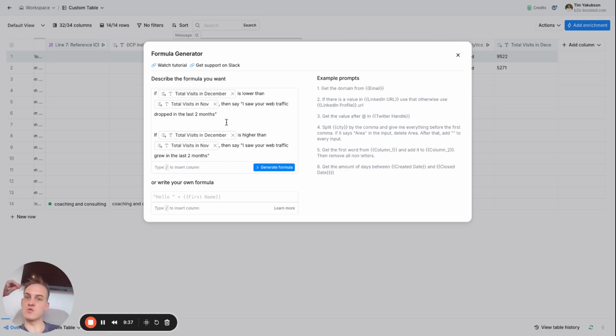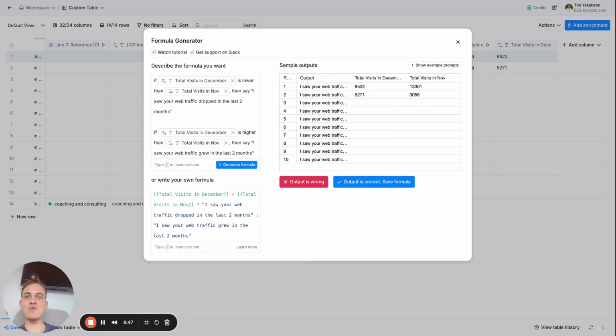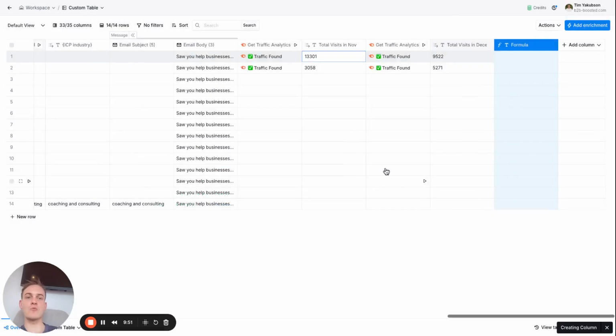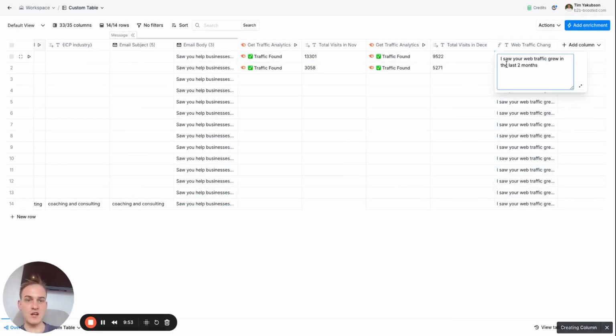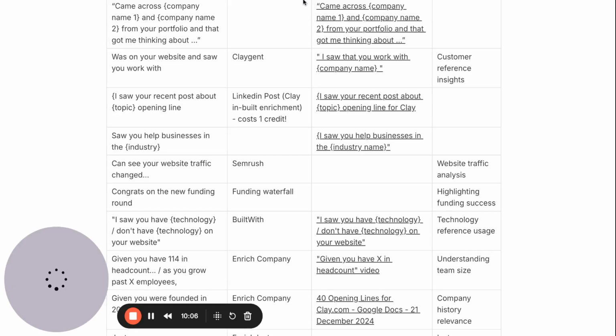But then you can say, hey, I saw your web traffic grew, and that means that right now you probably need to prioritize speeding up the speed at which your page loads, so that all of these 13,000 people are actually able to load the page very fast. In this case, I'm going to click on output is correct. Over here it says, I saw your web traffic grew in the last 2 months. And in this case, it says, I saw your web traffic grew in the last 2 months as well. Obviously it depends on if the traffic grew or if it got smaller. So once again, this will be dependent on that. But hopefully this first liner will do you